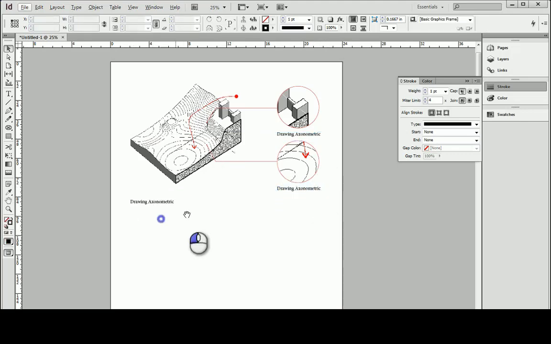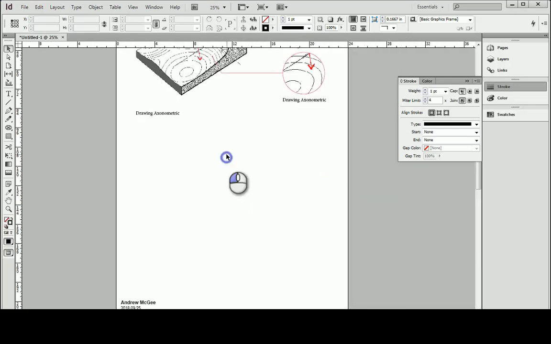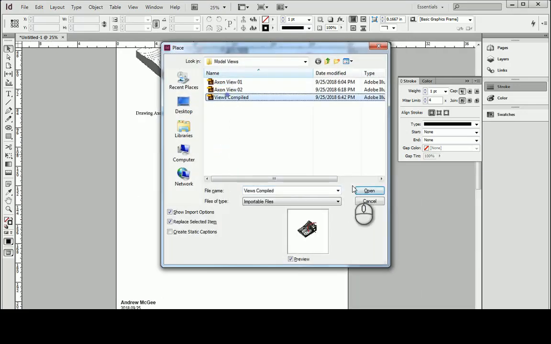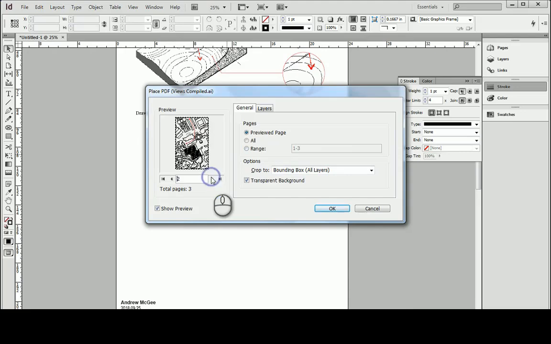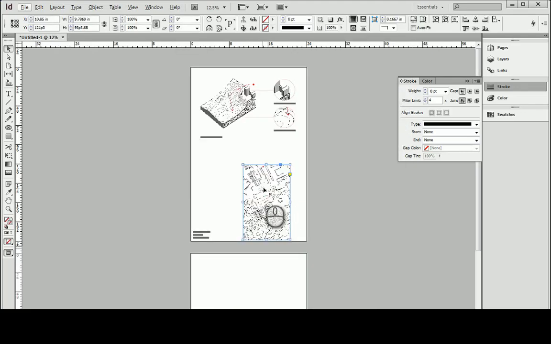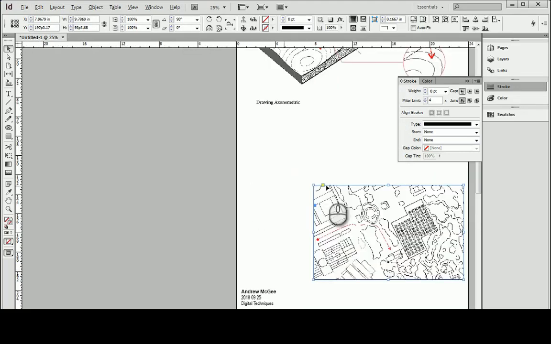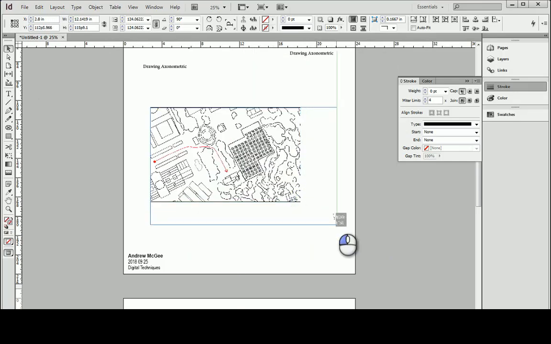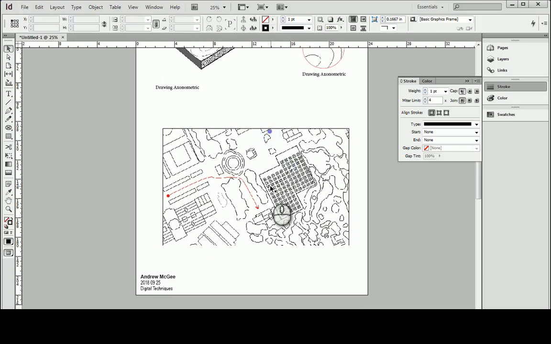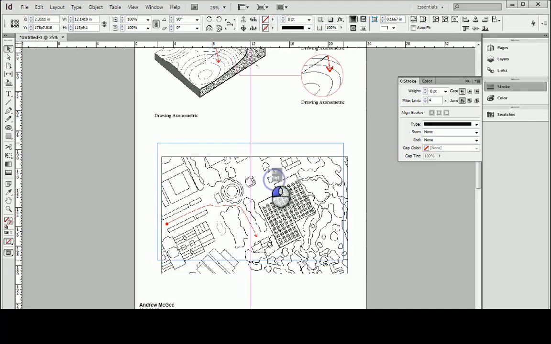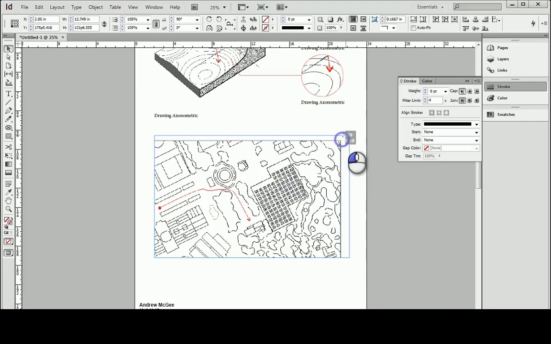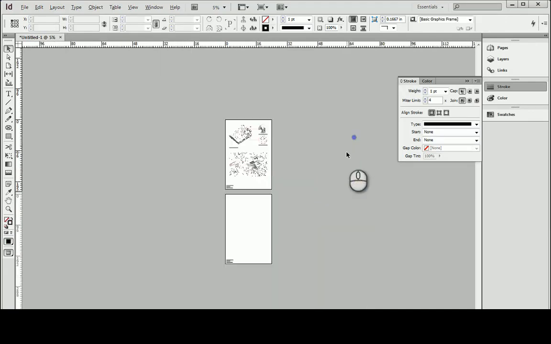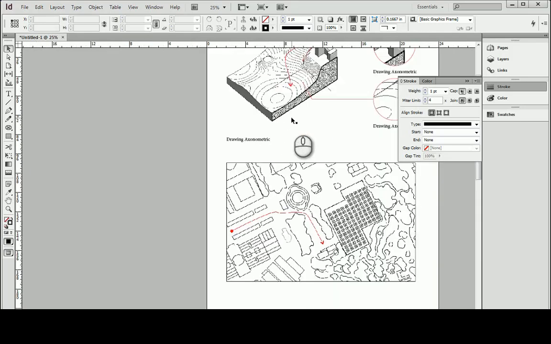So then, last thing here, so we have that. We've positioned this on the scene. We could add text if we need to. Say drawing axonometric. It's obviously very small. Let's make that bigger. Maybe it's even bigger than that. And then all the alignments here, if we turn our preview mode back off, and